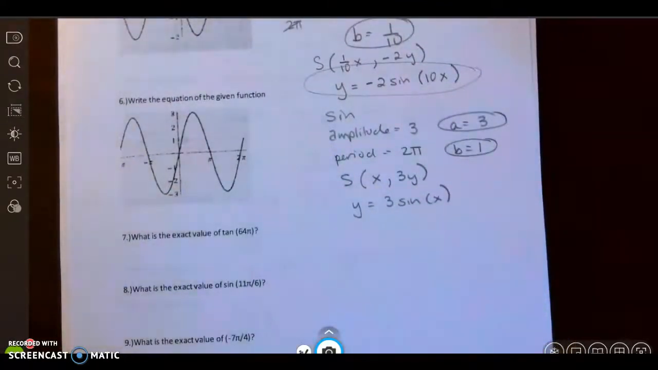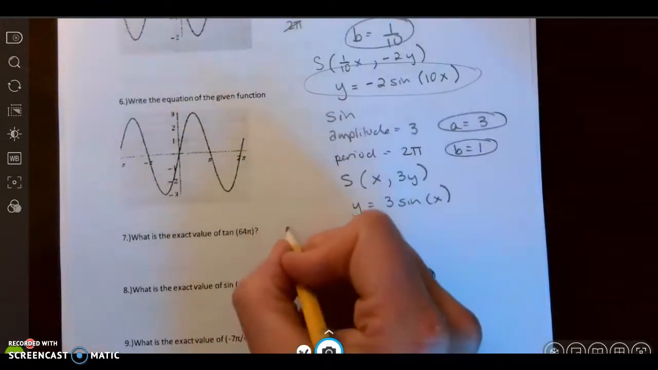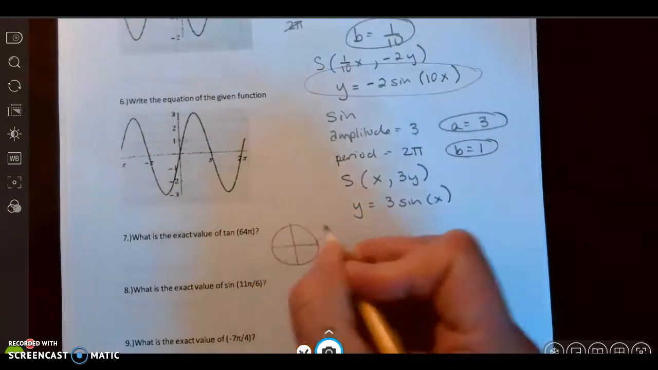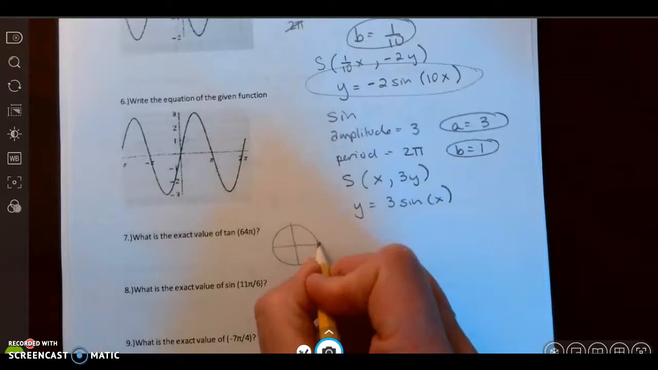A little more practice with exact value. What's the exact value of tangent of 64 pi? I know on my unit circle that all my even multiples of pi, 0, 2, 4, 6, 8, etc., are on this side of the unit